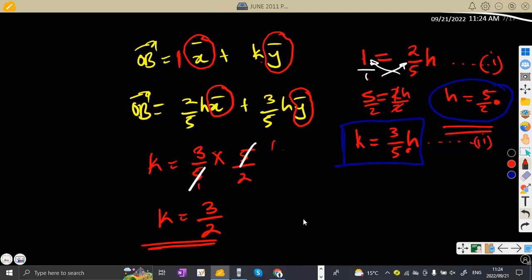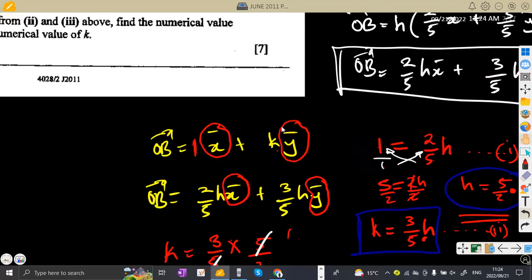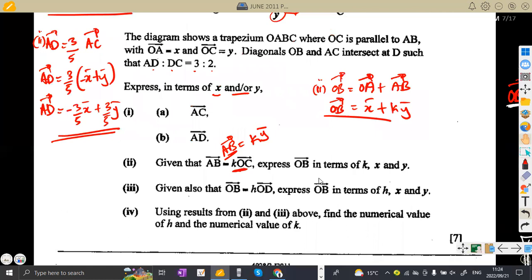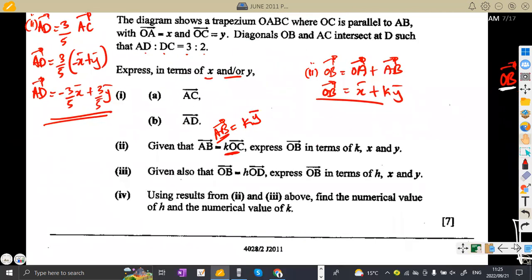Okay, so that was it, guys, on this part. As you can see, it was a little bit clear. All you needed here was to formulate the equations properly. That is the best thing that you could have done. So as you can see, guys, 7 marks just for that. All right, anyways, let us